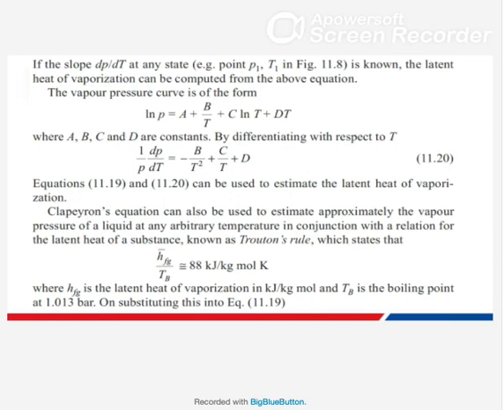Clear, no? Now, the next question is what could be this slope. The vapor pressure curve actually follows this type of equation. You don't have to go deep into where this equation is coming from, and you don't have to worry. You don't even have to remember this one.